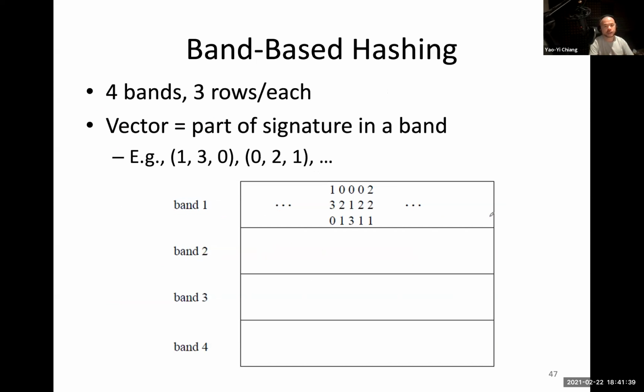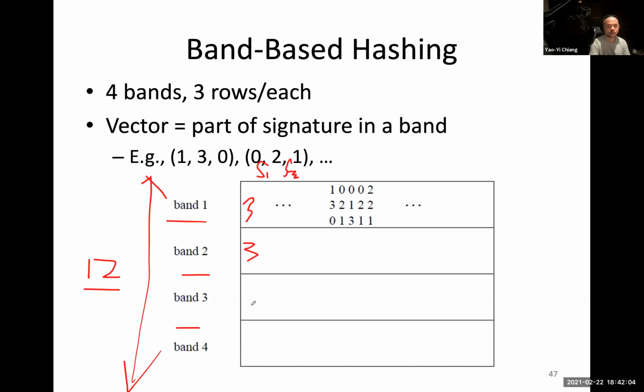So for example, let's look at here. Let's say this is all your documents, and this is their signature strings. We have 12 signatures for each document. We can divide them into 4 bands. So each band will have 3 signatures, right? If you look at the sample here, it has 1, 3, 0, 0, 2, 1, 0, 1, 3, 0, 2, 1, 2, 2, 1. On the slide and in the textbook, it tells you that, hey, let's just take this 1 3 0, use a hash function, hash into some buckets, and take this 0 2 1 and hash into another bucket, and do this again for everything,